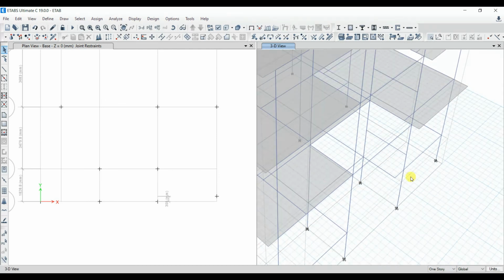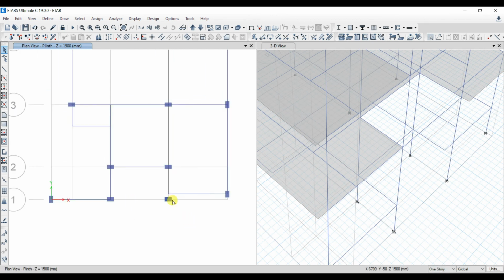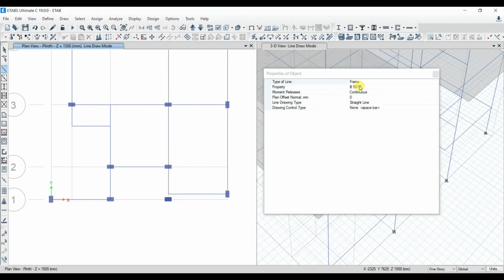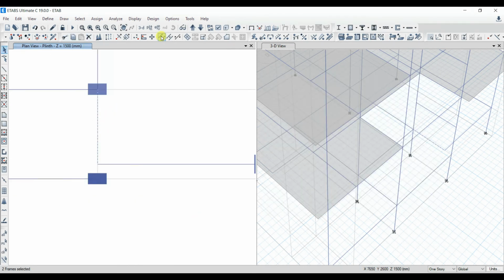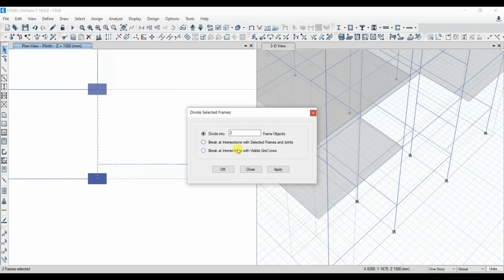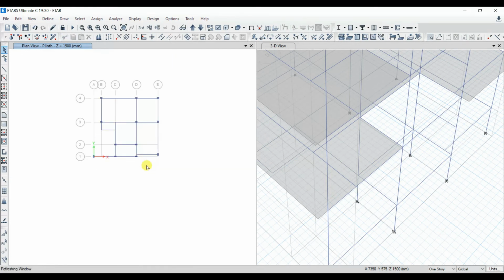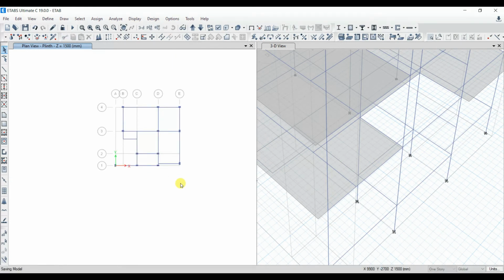Next, in the plinth level we need to change a little bit. Now let's do a few changes here in the plinth layout. So since the column is moved here, let's add one beam here. Select beam 9 by 15 and then draw one beam here. Merge this beam and then let's reshape this one to this column. Now we need to divide. See, it has got broken. So this is the one arrangement we have to do.